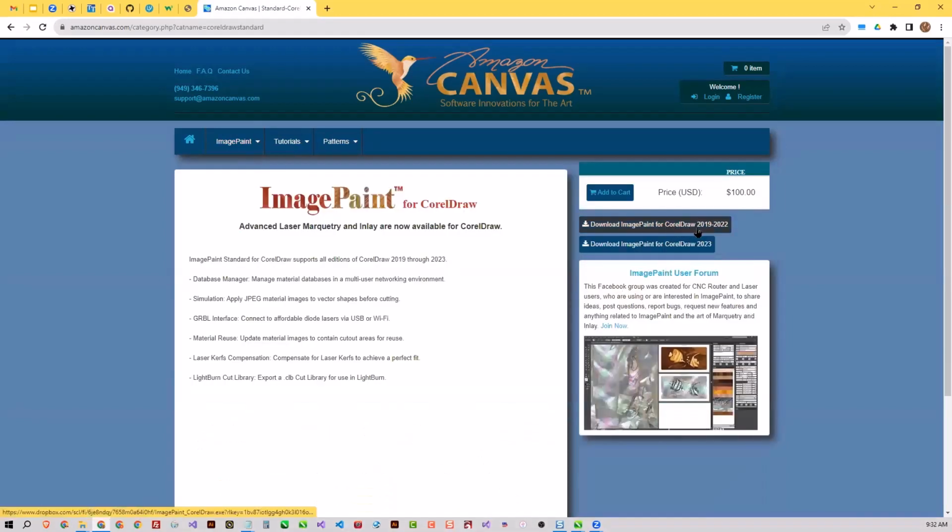there are two versions supporting 2019 through 2022 CorelDRAW, and the latest one is for CorelDRAW 2023. Both Image Paint versions have the same features for both those buttons. Leo, do you currently own CorelDRAW? I own 2019. Okay, good. So if you wanted to get the current version of the inexpensive one, which is the student teacher or the home student edition, it can be purchased for $120 on Amazon, and you would get the 2021 version.